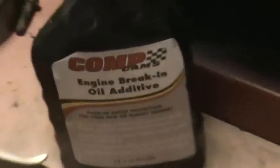Putting some lifters in some oil, and this is just some 10W-30 thin oil with some break-in additive added to it, and